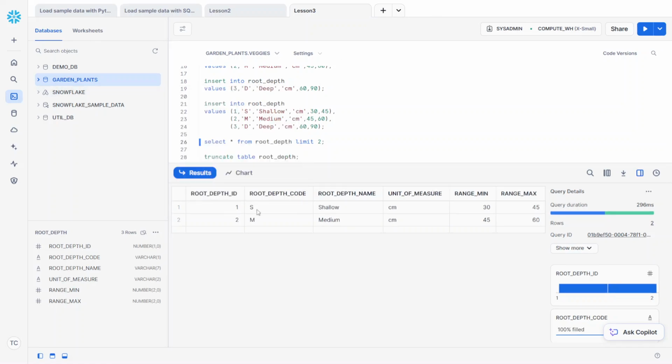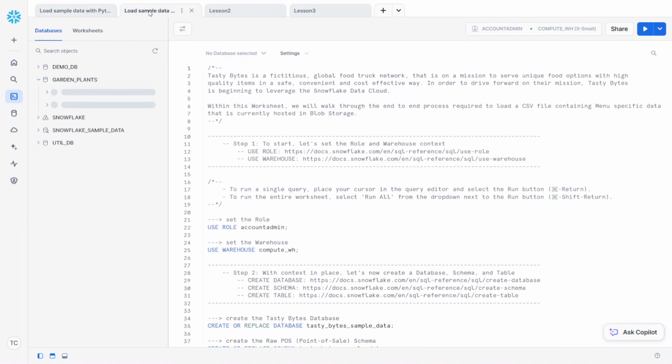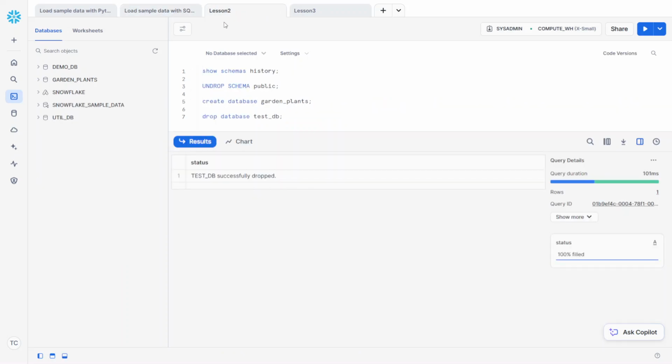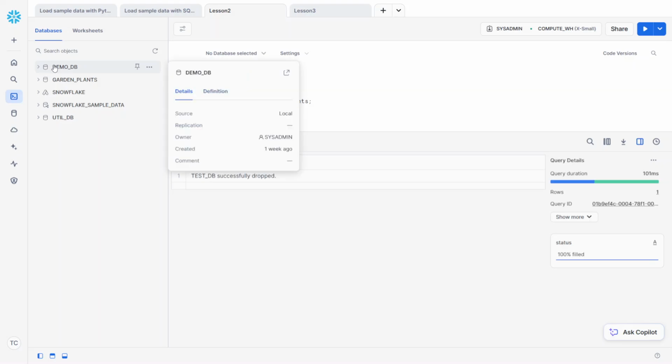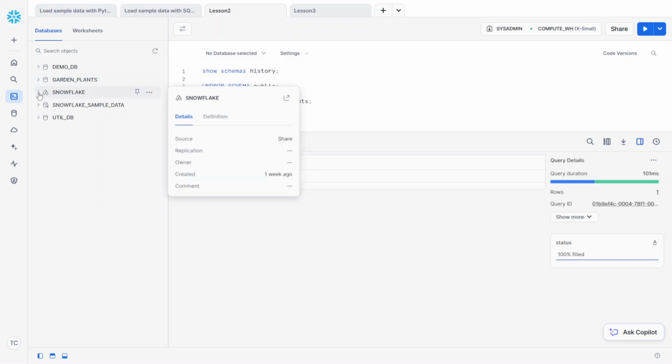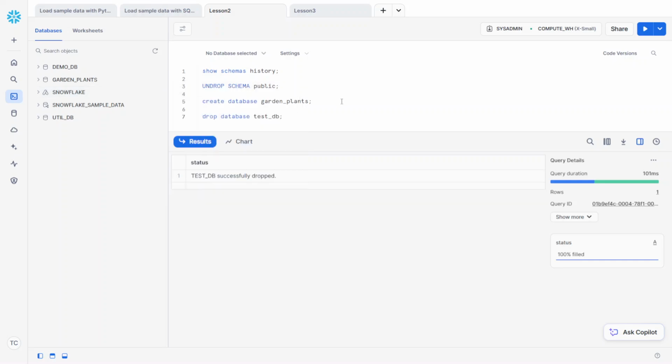Hey everyone, this is just a quick introduction of the Snowflake environment. As you can see here, I have like four worksheets. This one is the one that I use to create the database, and over on the left hand side here you can see there are five databases, and one of them